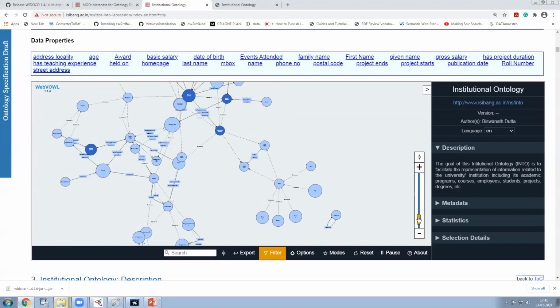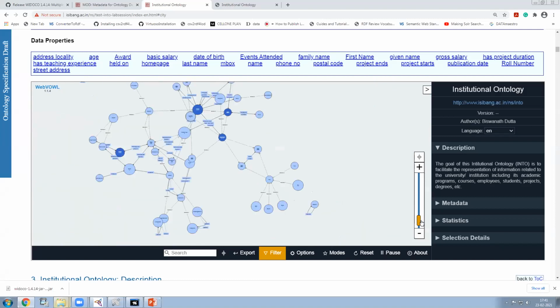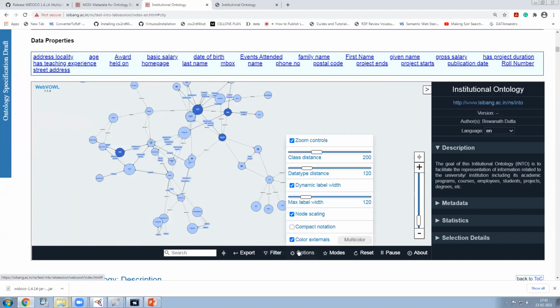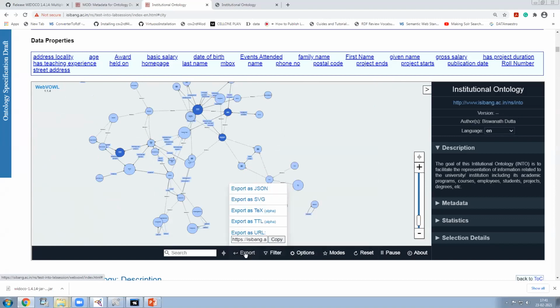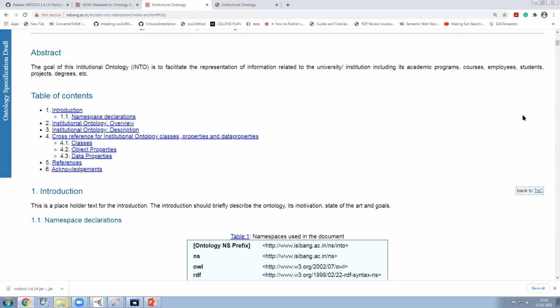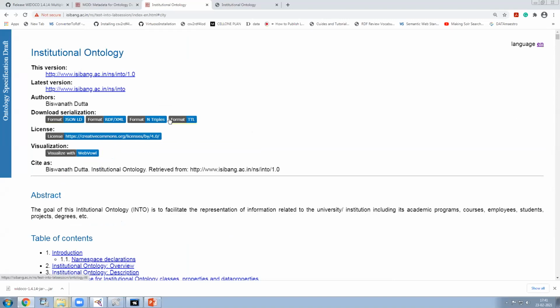We can zoom in, zoom out, and we can filter it, and we have many other options that you can explore as you wish. Then export, you can export in different formats, but these are already all available for download also.